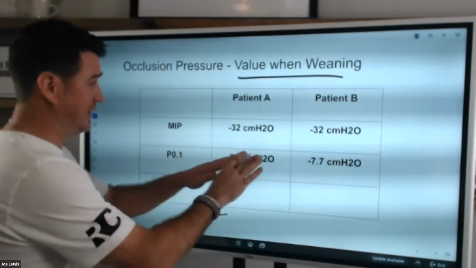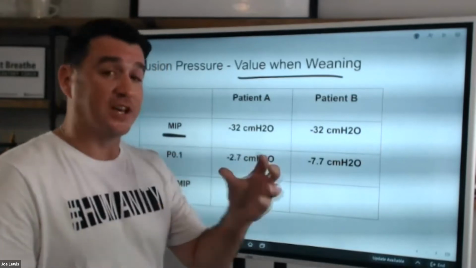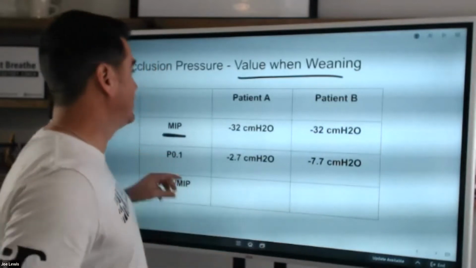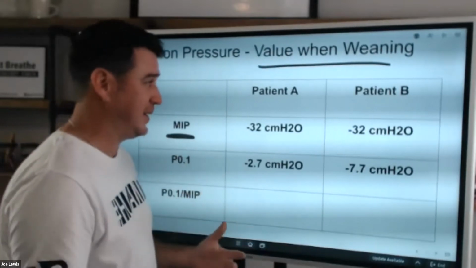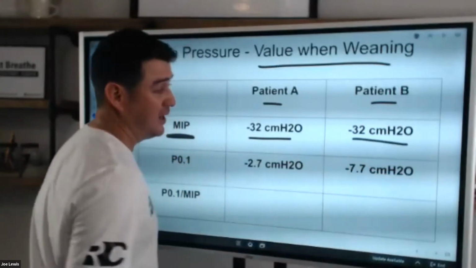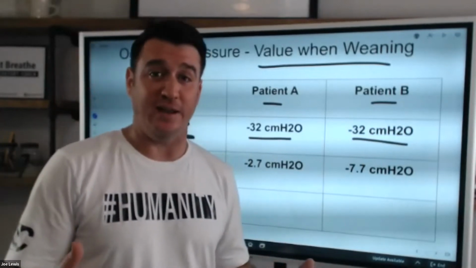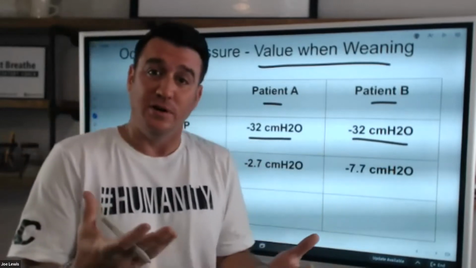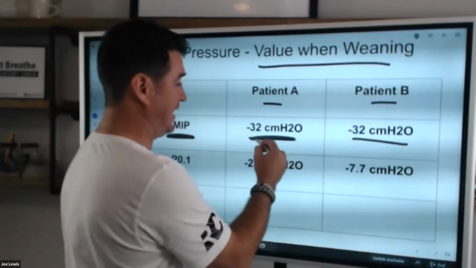Now, if we look at this, we're just going to start here with the MIP, because first of all, one of the common misunderstandings about the occlusion pressure is that it's oftentimes confused with the maximum inspiratory pressure. So that's one reason why I put that up here. The other reason is MIP is obviously a very common weaning parameter that we typically assess. So let's look at patient A and patient B. When we look at their MIPs, both of these have MIPs of negative 32. Now, if we were to stop right there and say, okay, which of these are you going to extubate? If all other parameters were considered, except for the P100, you would say, well, they both have an equal opportunity for extubation success because their MIPs are exactly the same. They both have demonstrated